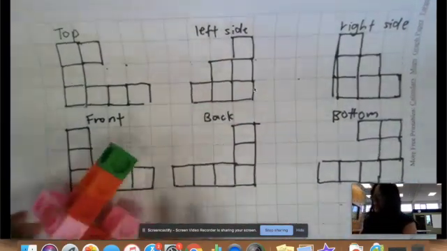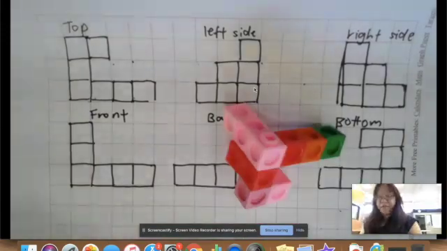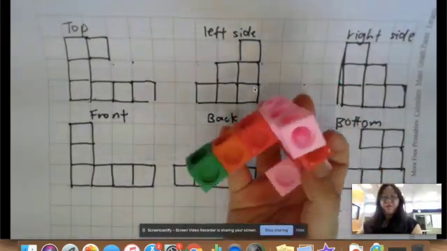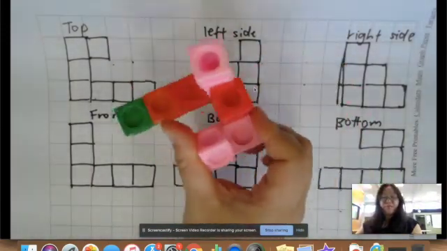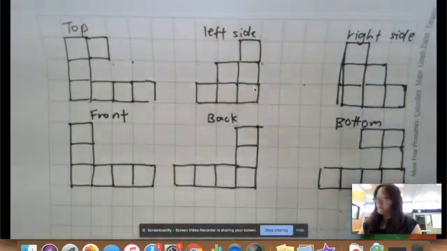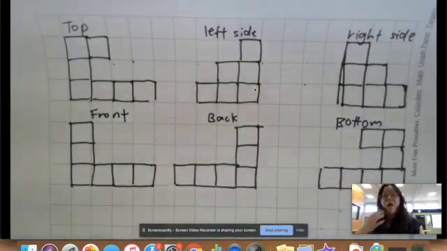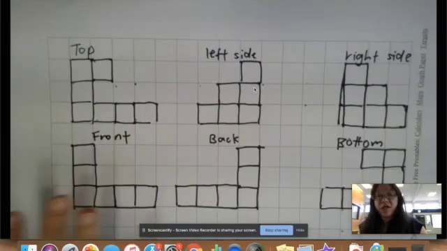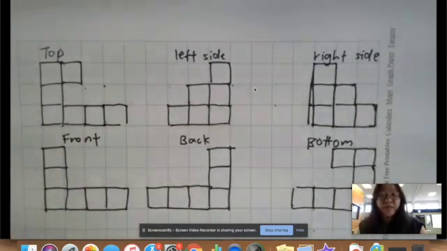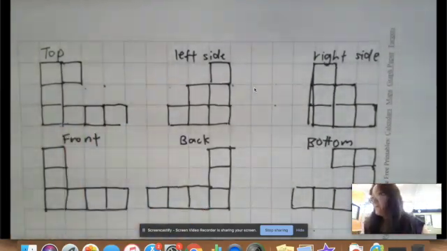You can see here, these are the 6 representations of this 3D shape here. There we are. All right, so now that we have had a go at doing the 2D views of 3D